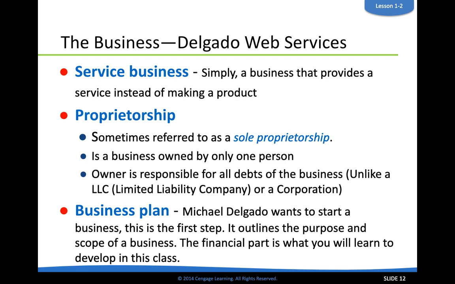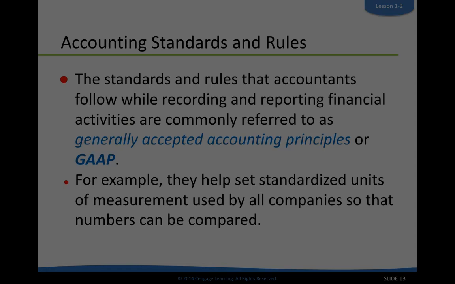Michael Delgado wants to set up his business, and so he's going to first of all do a business plan. If you took my business management class, we did sort of a business plan. If you were in DECA, you might be working with a different type of business plan. In accounting, we're going to work with the financial part of those business plans, which at least in management, we didn't get into as much. But the financial part is really what accounting is kind of all about, to be able to list and analyze the financial health of a company. So let's get started.